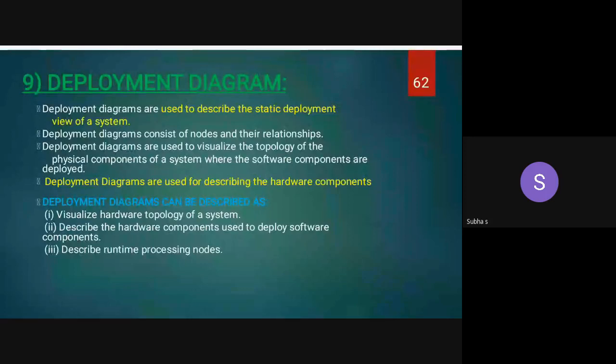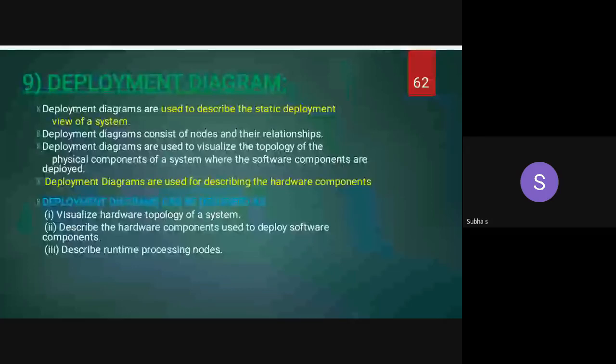You have already studied computer networks. Now we are studying networks also, because the important points are in this semester too, so I can tell them. Here it describes the runtime processing node. Whatever users are present overall is displayed on the server. Here also, at present I am teaching you, and everything, all the attendance, is being recorded. Okay, that is the deployment diagram.